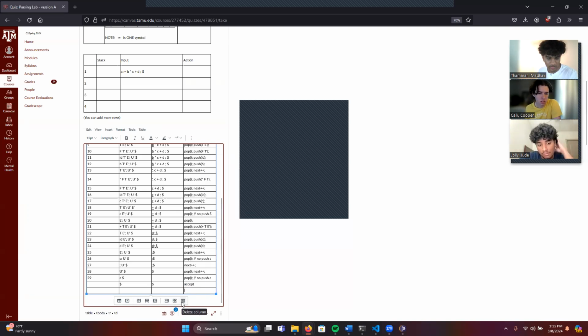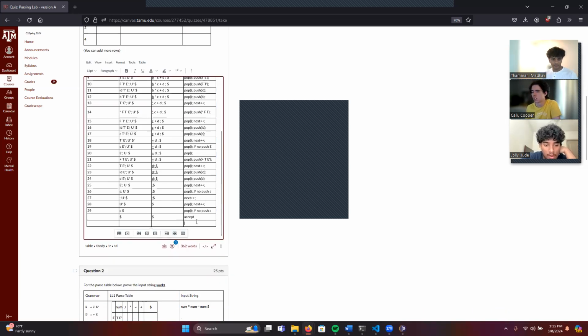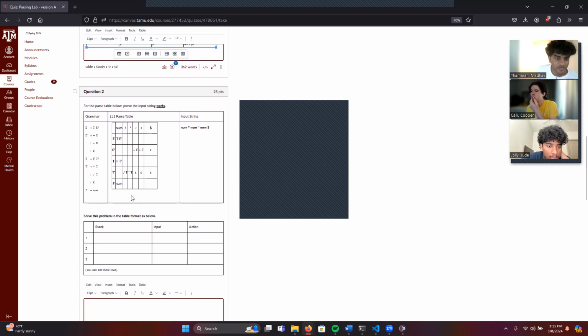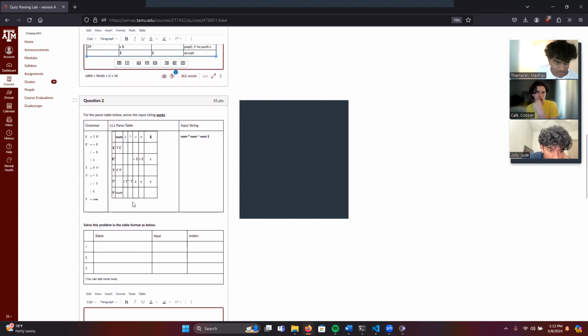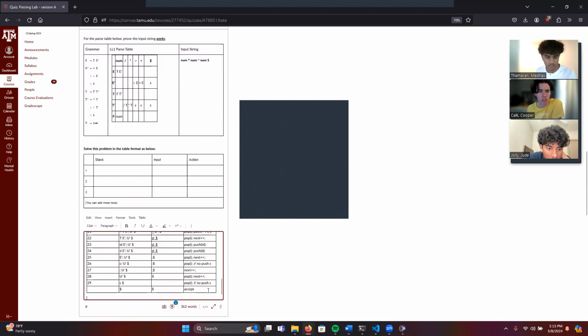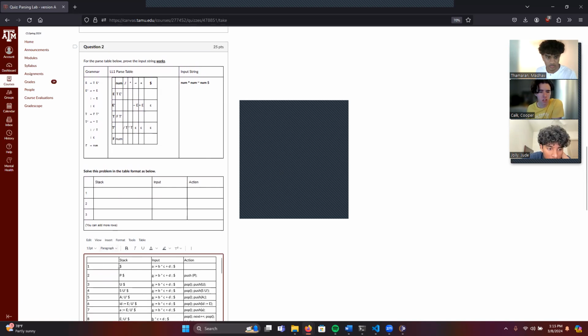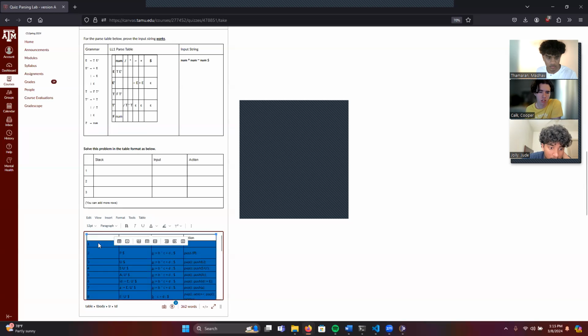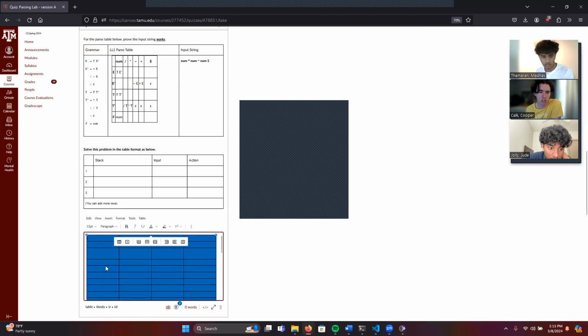Or delete this line. That's probably fine. Okay, yeah, doesn't matter. Let's see, it's the same thing. I think if you highlight all the text, it'll keep the table. But when you press delete,